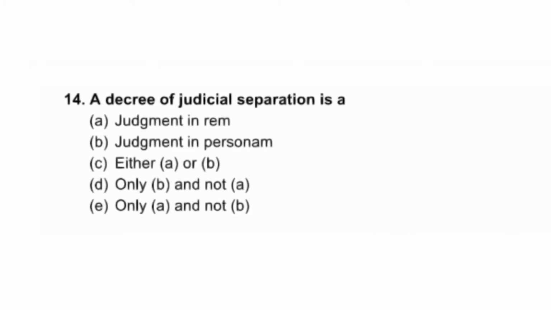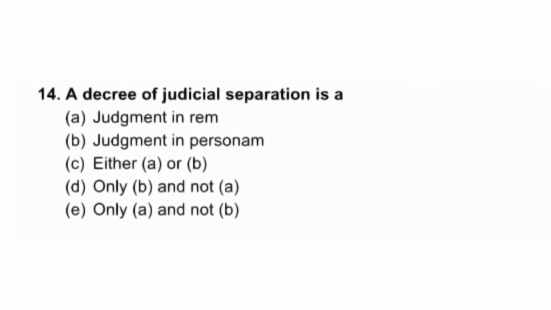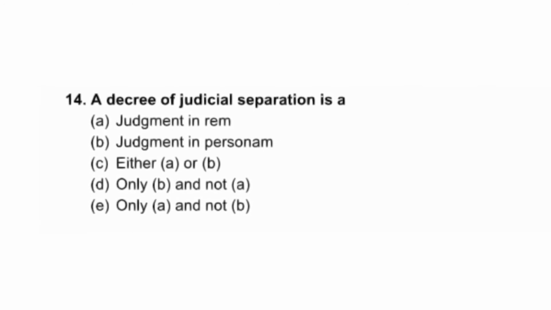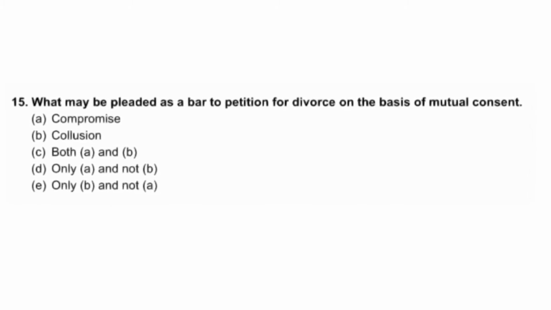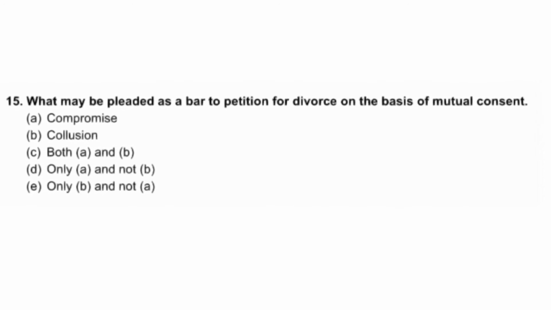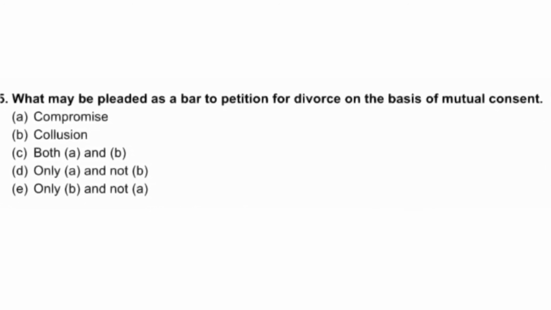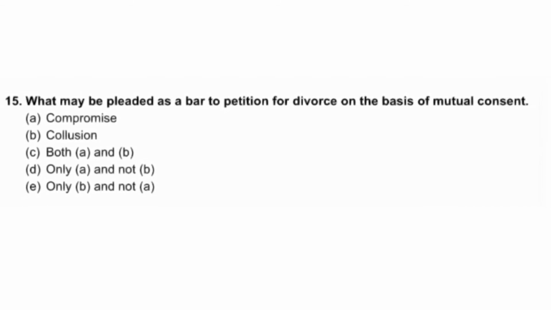आपका 14th क्वेश्चन है, a decree of judicial separation is A. judgment in rem, B. judgment in personam, C. either A or B, D. only B and not A, E. only A and not B। Your 15th question is, what may be pleaded as a bar to petition for divorce on the basis of mutual consent? आपके ऑप्शन है A. compromise, B. collusion, C. both A and B, D. only A and not B, E. only B and not A।